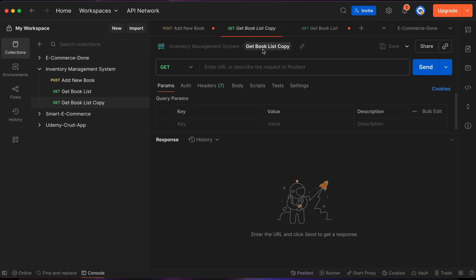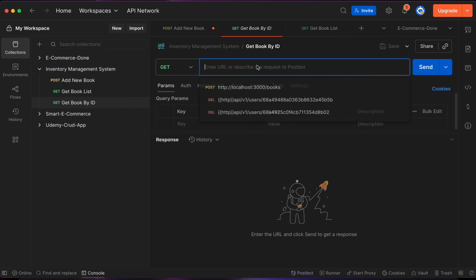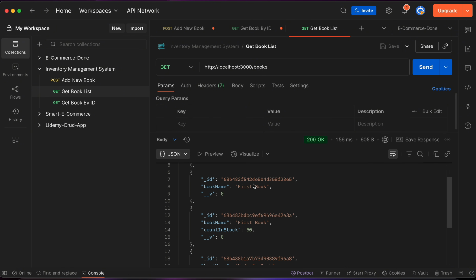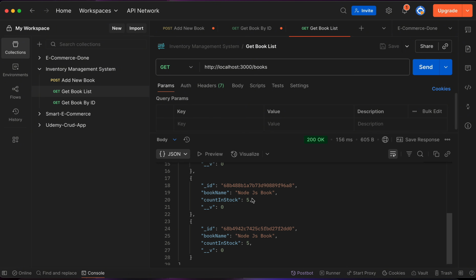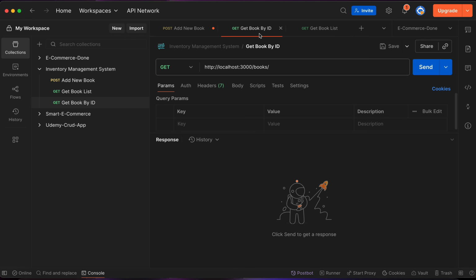We're gonna rename this request to get book by ID. Why the endpoint is, oops, because we didn't save this request earlier, we copied this request without its data. Okay, now let's add some ID here. For example, let's fire this request to get the list of books. We want to get this Node.js book with count in stock 5. So let's just copy this ID and go to our get book by ID and pass the ID here and